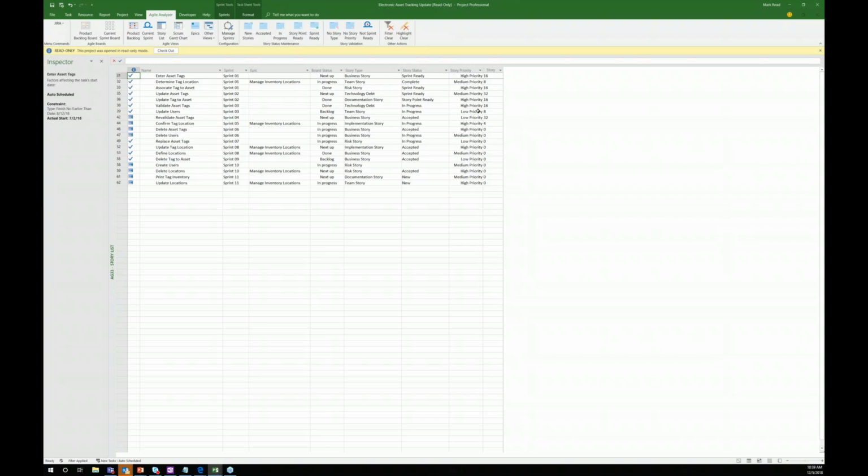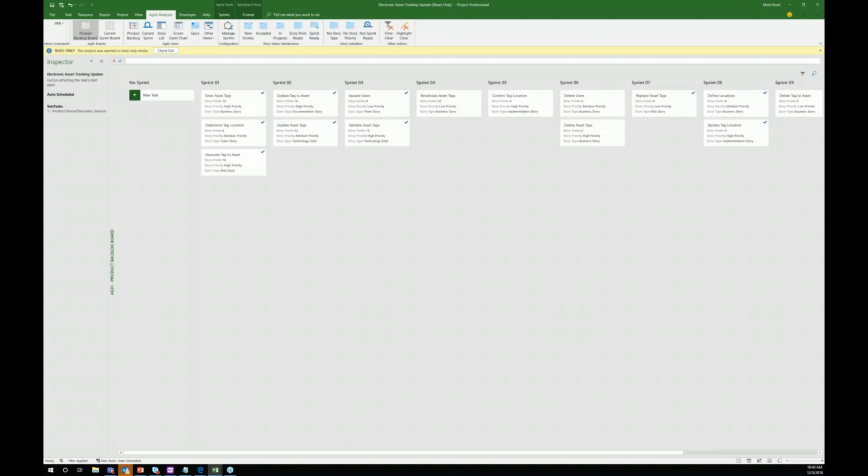so we can report on this globally. So if you're looking to manage projects, Agile projects, the Project Online version of Project Professional now has this new capability to manage these boards more easily and more capably. So that's just a quick overview of the project desktop and some things that have been updated in the past couple